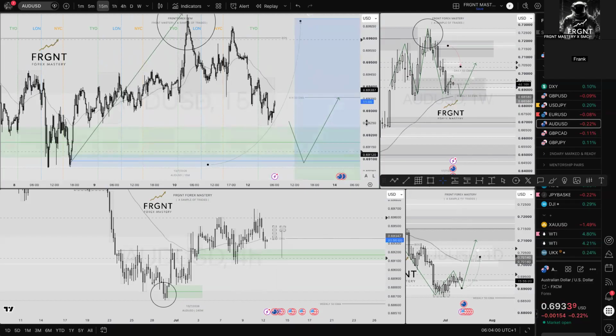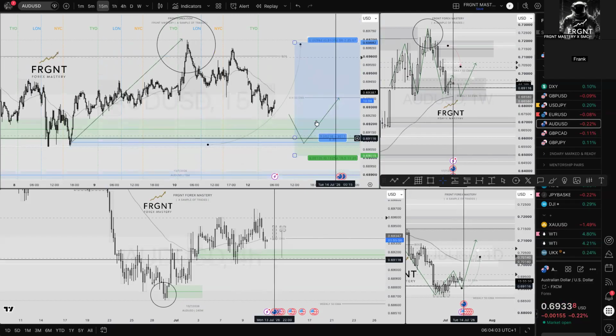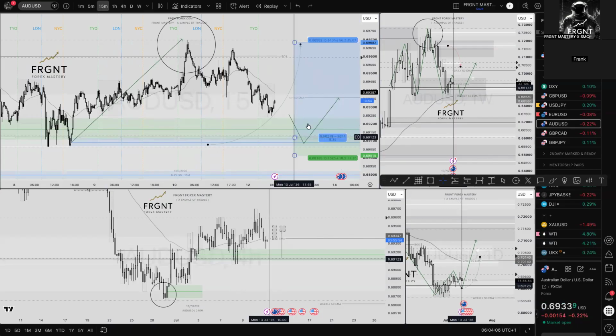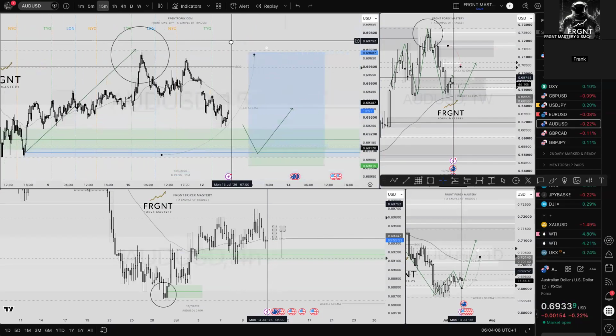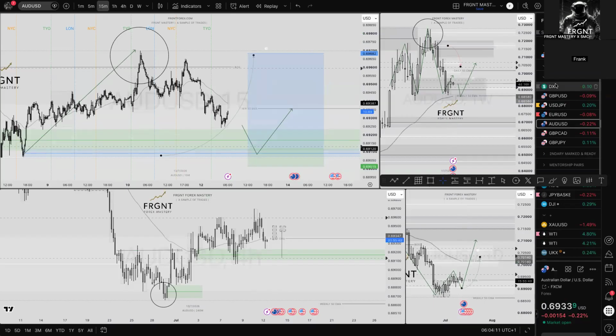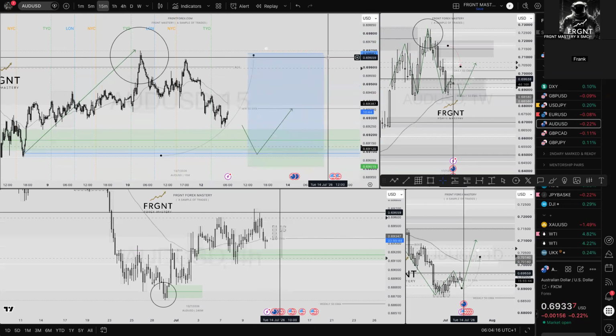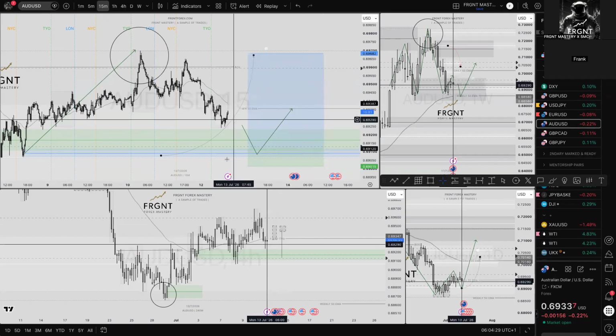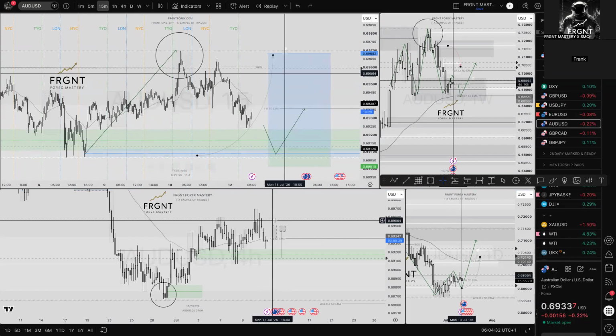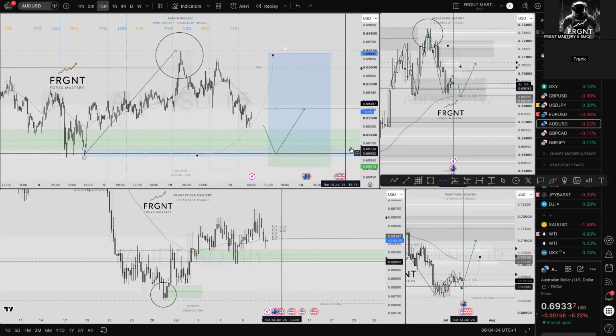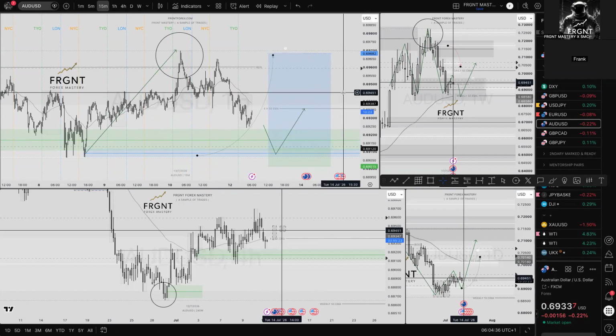Therefore, why else would we do anything else aside from wait for price to hit our alert, wait for a lower time frame break of structure, or wait for your 15-minute shift on the chart, and use the identification of the DXY. So if AUD US dollar, if we're seeking that to go towards the upside, what are we going to be needing to see coming out of the DXY? Identification of weakness of the DXY that's going to give us the confidence that Aussie dollar is strong against it. So that's what I'm looking for. I'm not looking for anything else. I think that's clear as day. It's all there waiting for us. There's nothing else to do, unfortunately.